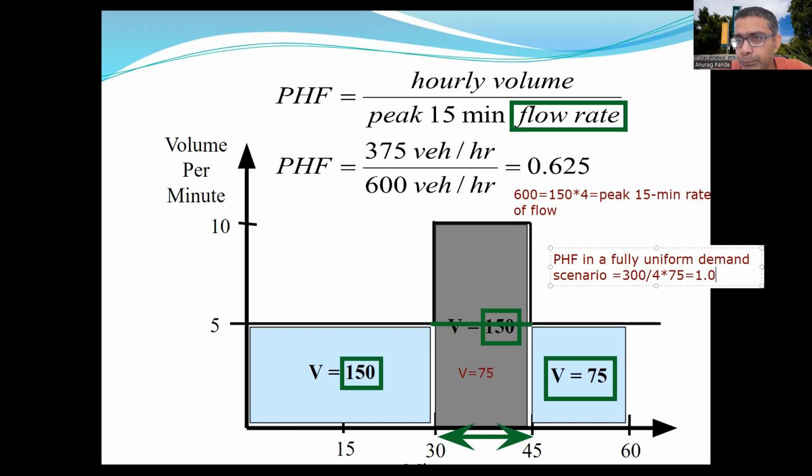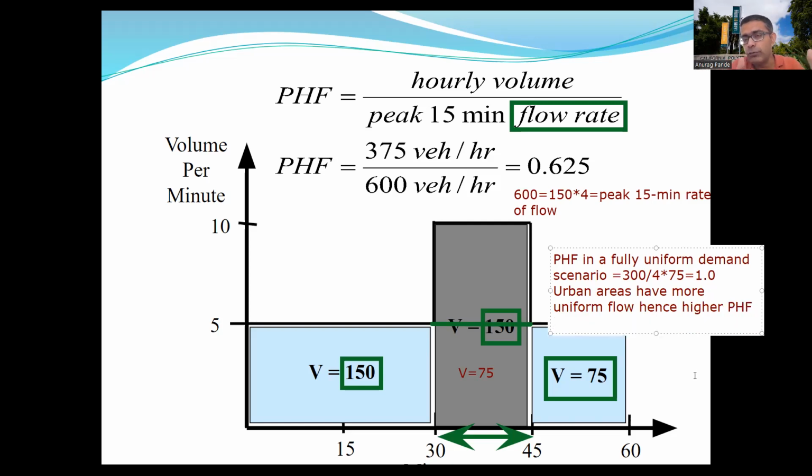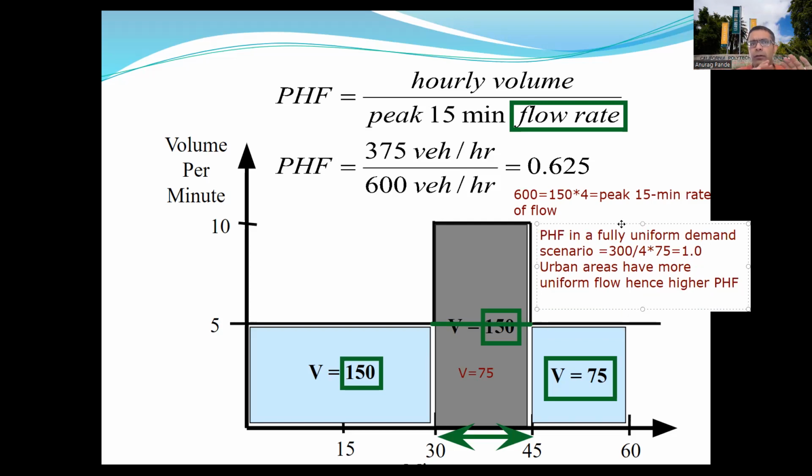Okay. So I just want to say urban areas have more uniform flow, hence higher PHF, higher peak hour factor. Rural areas have less uniform flow. There's more fluctuation in demand, and that's why you have a lower peak hour factor in rural areas. So just wanted to make a note of that. So that's some discussion of